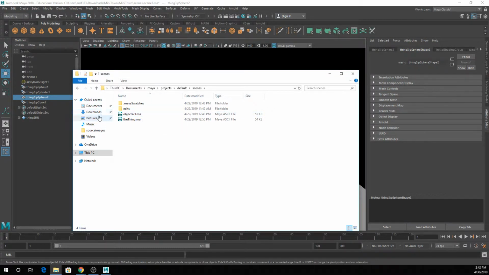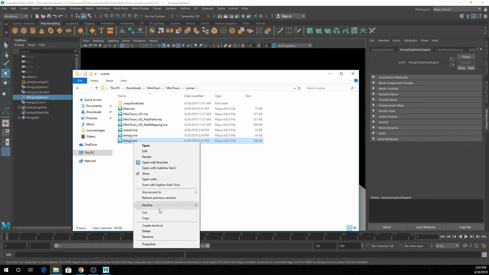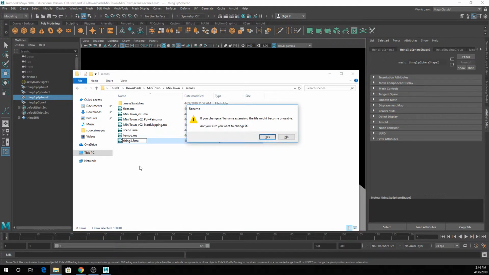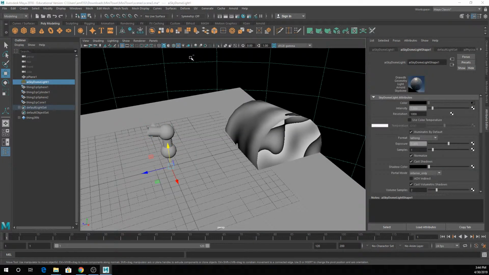All right, so again, my file is originally thing3. If I take this and rename it something like thing35, I have a deep and abiding paranoia about putting extra periods in my file names. I don't know if that's warranted or not, but anyway. So thing3 has become thing35. So I'm just going to reopen